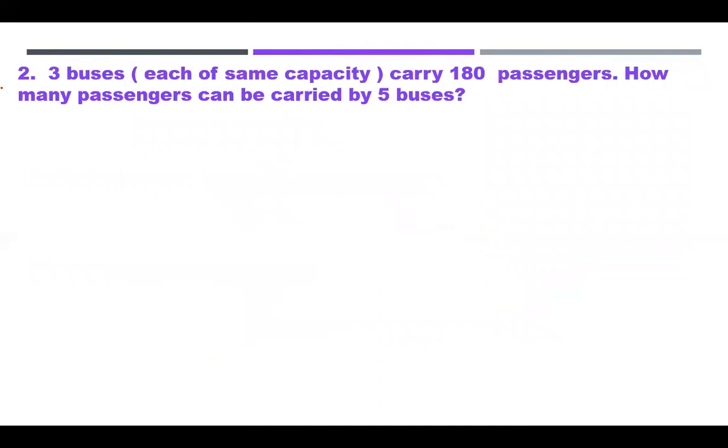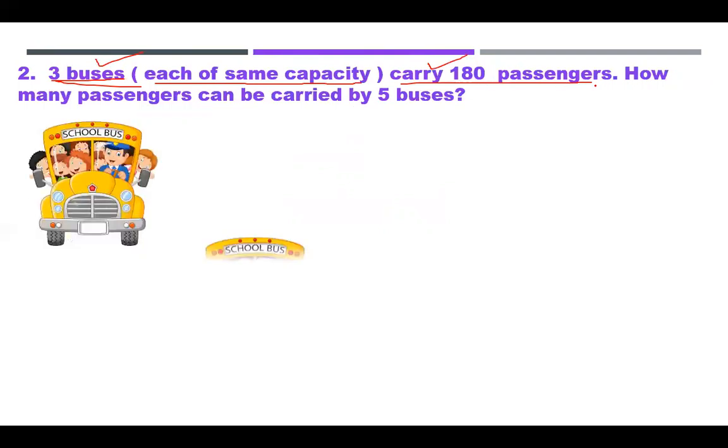Now the next question is of the buses questions. So here we have 3 buses, and they are carrying 180 passengers. But one thing you have to note, that each has the same capacity. Capacity means the number of seats in the 3 buses is the same. Suppose that if one bus has 56 seats, then all 3 buses have 56. But we don't know how many seats one bus has. That we will find. So here we just know that 3 buses are carrying 180 passengers, right?